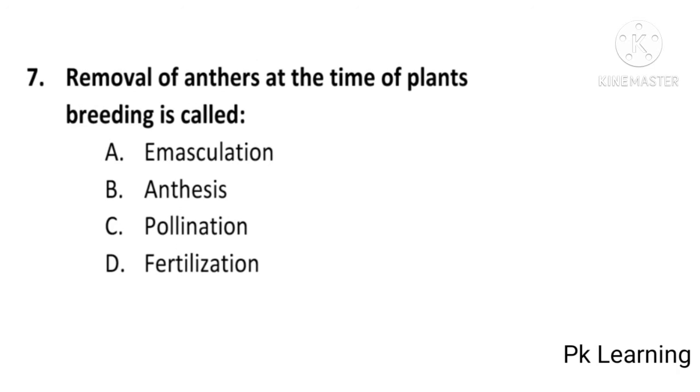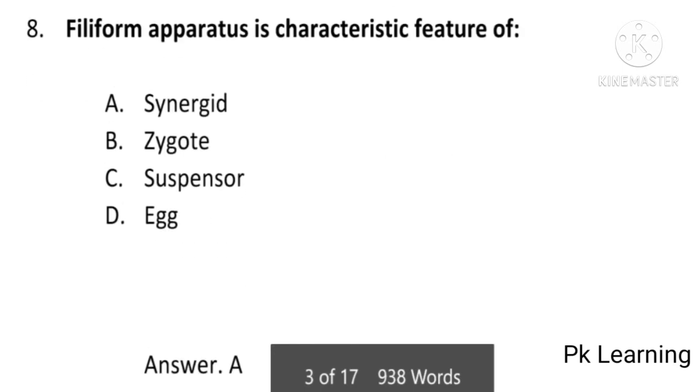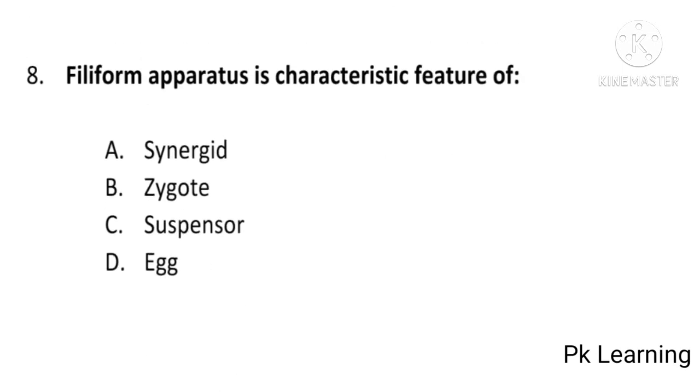removal of anthers at the time of plant breeding is called emasculation, anthesis, pollination or fertilization, and the answer is A, emasculation. Removal of anthers is emasculation. A is the correct option. And the next question is filiform apparatus is a characteristic feature of synergid, zygote, suspensor or egg, and the answer is A, synergid. Filiform apparatus is characteristic of synergid. A is the correct option. And the next question is